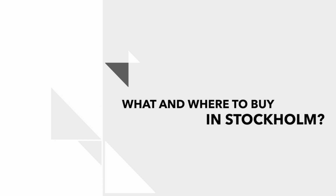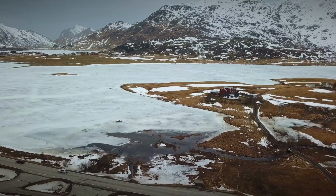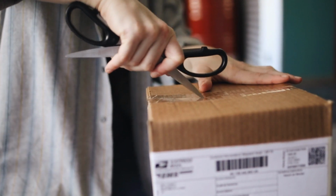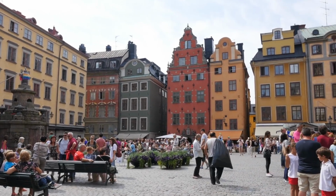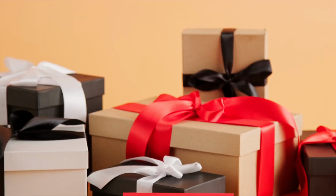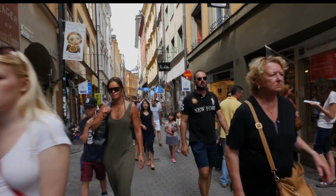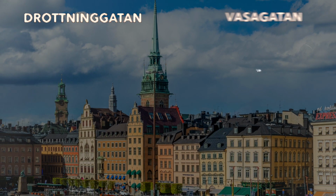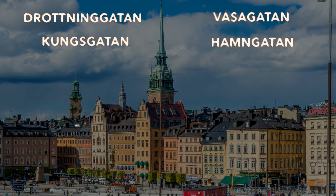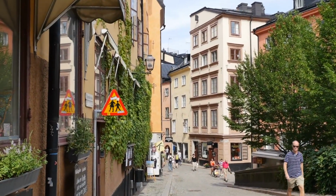What and where to buy in Stockholm? The combination of Stockholm's modern and the old city structure will give you an interesting shopping experience. First of all, you can shop in the Gamla Stan area by visiting many designer boutiques, gift and bookshops on the two main streets, Vasagatan and Östermalm. In the Norrmalm area, Drottninggatan, Vasagatan, Kungsgatan, Hamngatan, and Biblioteksgatan streets, which are home to the most luxury stores, are